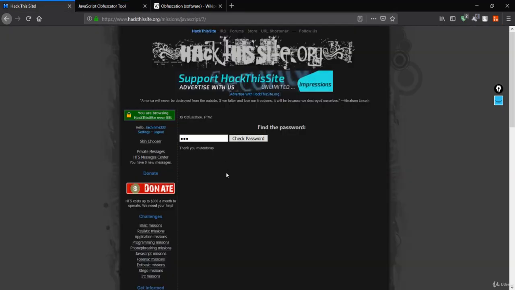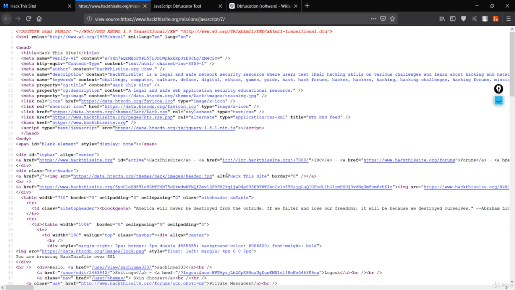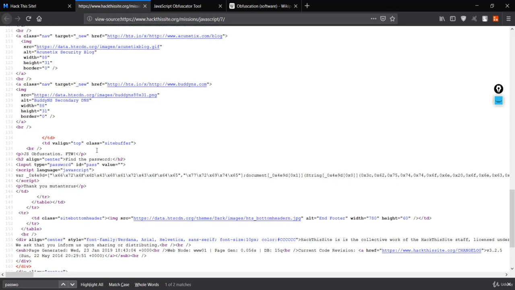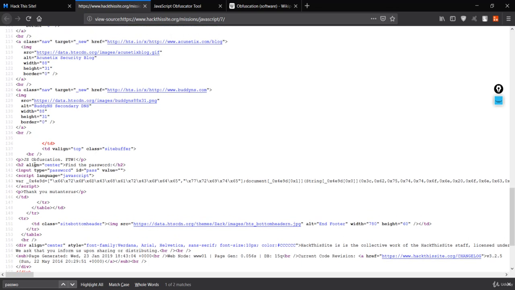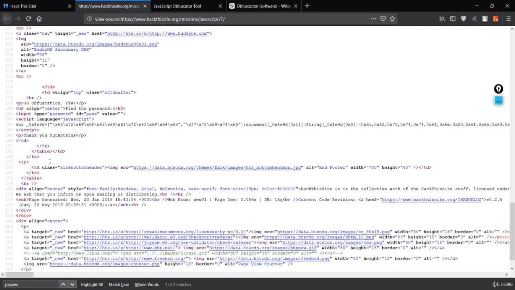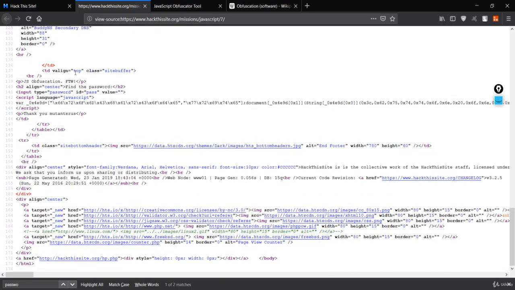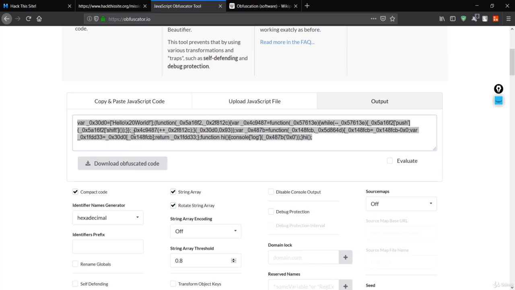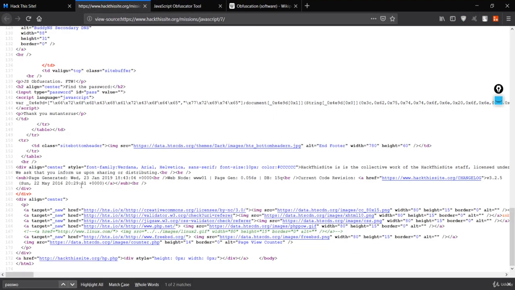So let's try. First of all, let's press Ctrl+U, then Ctrl+F. Let's search for password, and we have found the password over here. Let's see what the JS obfuscation is, or what they are doing over here. If you see here, as we said it should be something like this, and as expected we have something like this.